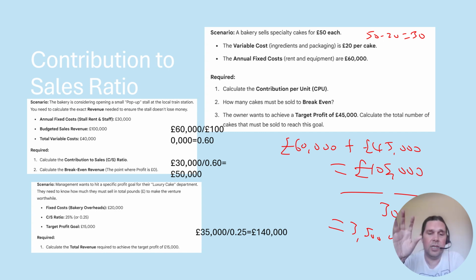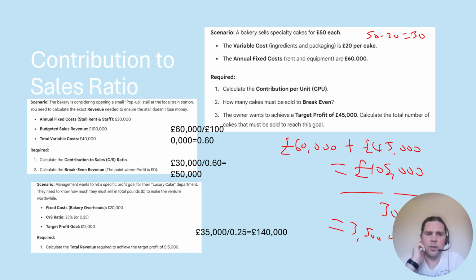So if you didn't have all the data, but you had the contribution to sales, you can work that out. Obviously, if you knew the units, you knew the selling price, you wouldn't need to do this, but it's going to help in certain scenarios. We can test that. So 0.6 of 50,000 would therefore mean we'd make £30,000 worth of contribution, which covers our